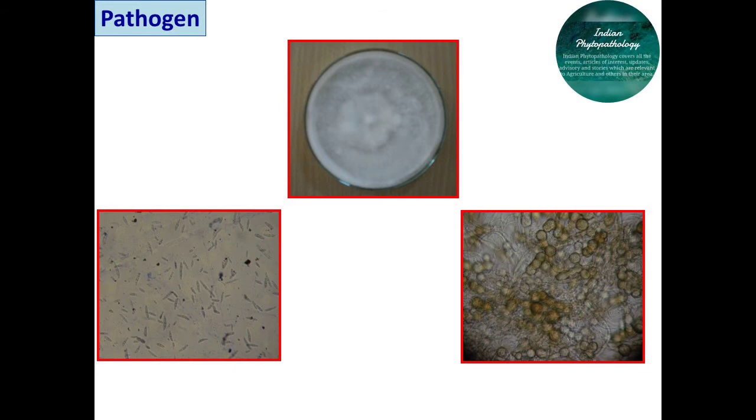For that we have to apply all integrated disease management practices. In that, treat the seed with carboxin or chlorothalonil at 4 gram per kg or carbendazim at 4 gram per kg, which is found effective. As we have seen, this is an externally and internally seed-borne disease, so if we do the seed treatment with certain fungicides, it will minimize the initial or primary inoculum. Then remove and burn the infected plant debris in the soil after deep summer plowing.